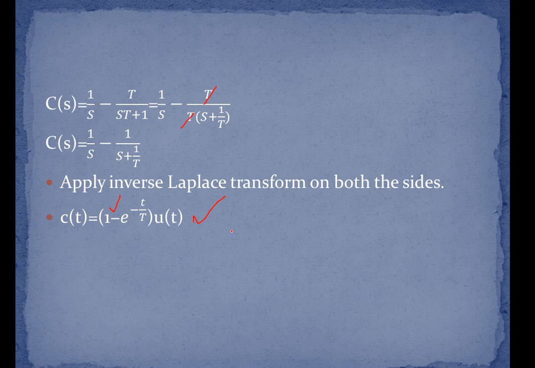So now we are trying to draw the response of the system with respect to time. In the y-axis you have to take the response, in the x-axis you have to take the time. So with respect to time, how the response of the system varies when the input signal step is applied, not the impulse, because we are already done with the impulse response. In order to draw the curve, that is time versus response, I am taking different t values.